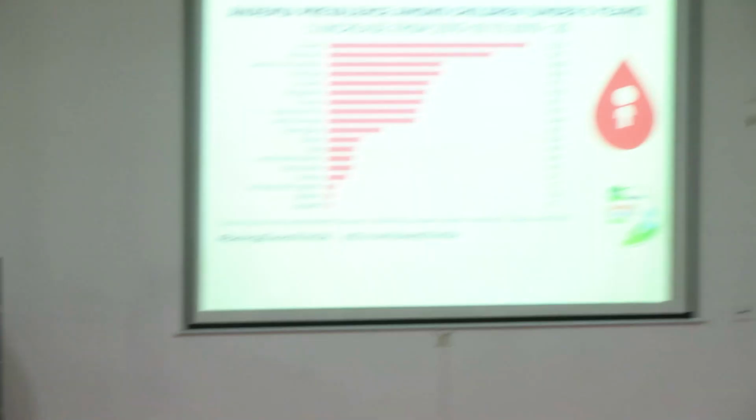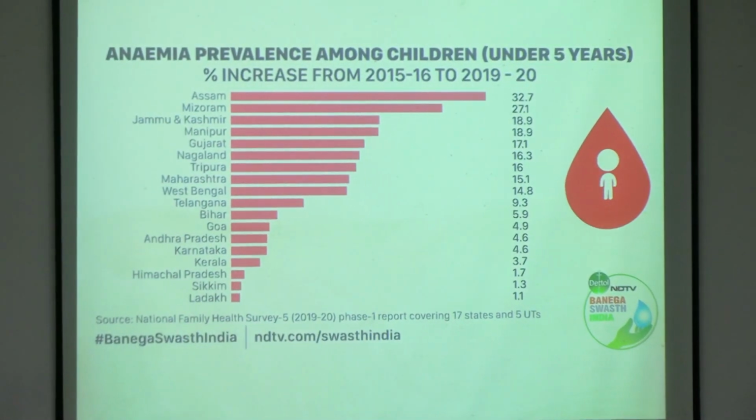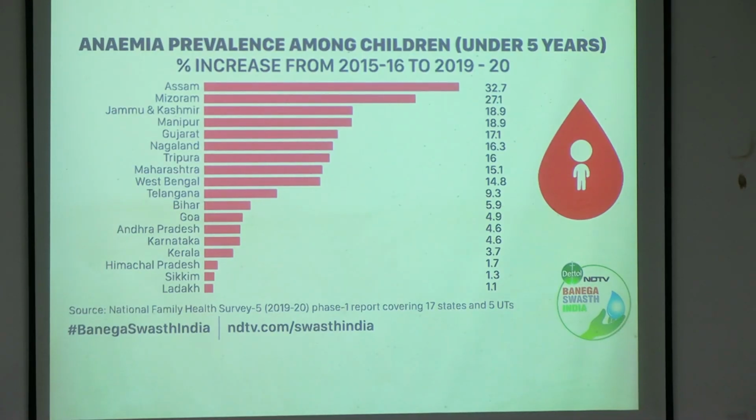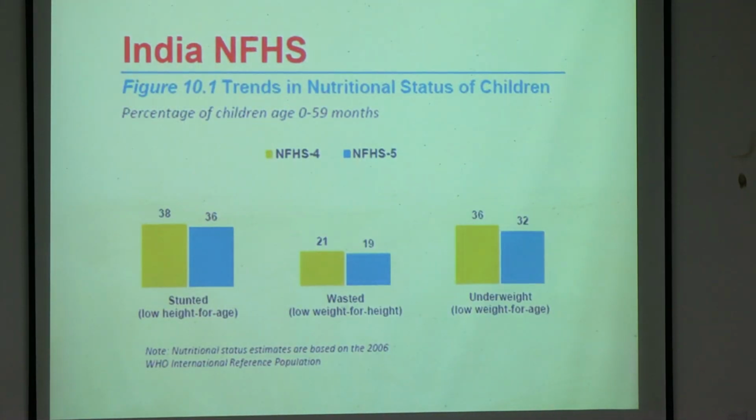See again, anemia in last 5 to 6 years, from NFHS 4 to NFHS 5, hemoglobin has again declined and Northeast is again in that region. There is very little bit of improvement in overweight, underweight and undernutrition. Okay, the yellow one is the NFHS 4 data and the blue one is NFHS 5. Okay, so little bit improvement is there. ठीक है?